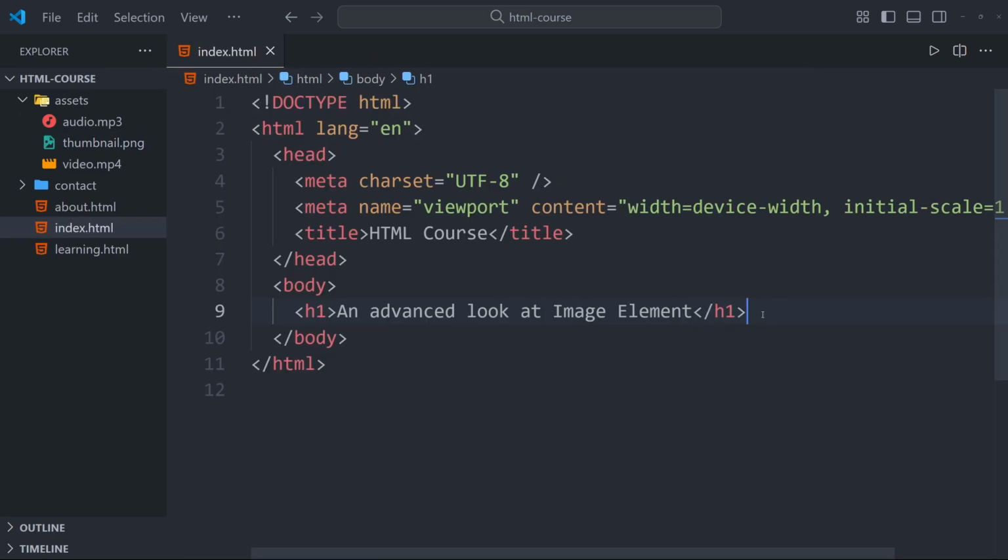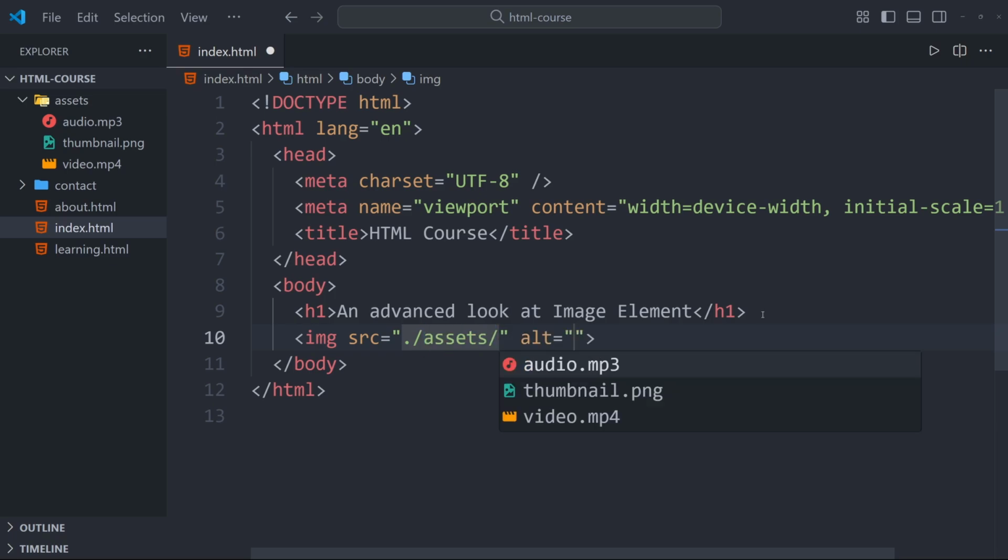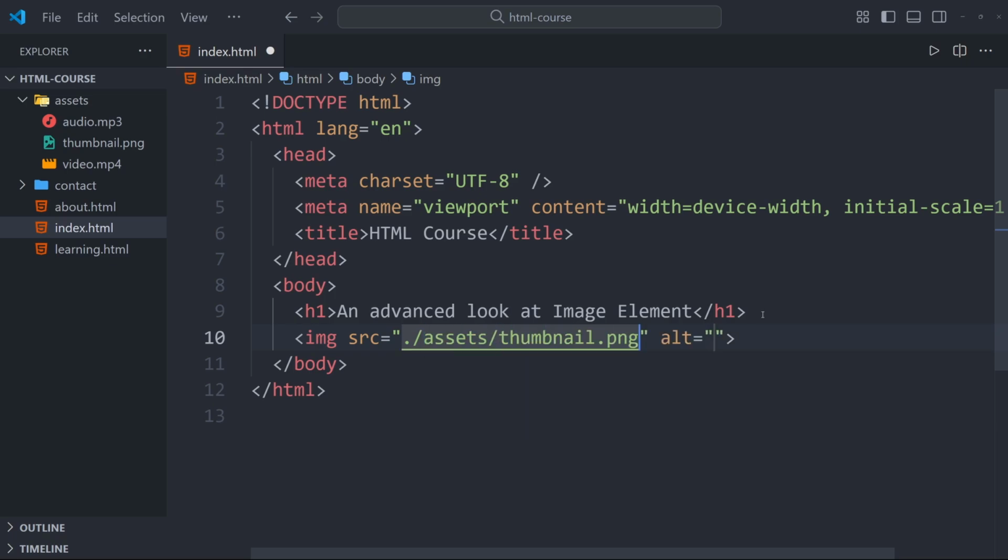All right, so after that, let's go here and we will create the image element, and inside of the source we can do the assets, and then we can do the thumbnail.png. Okay,